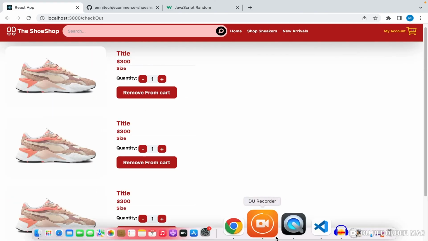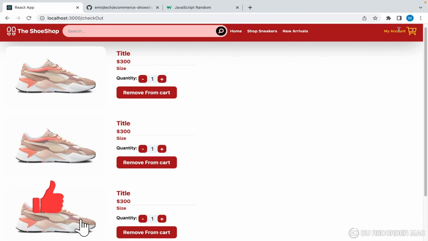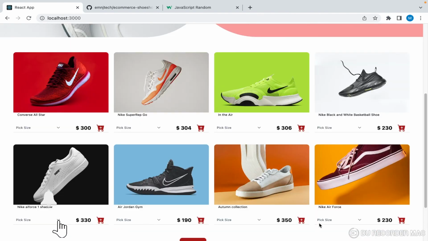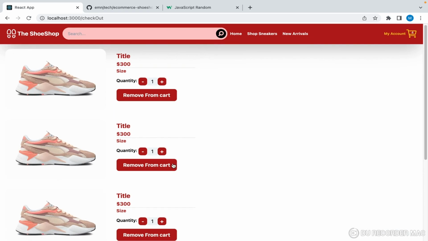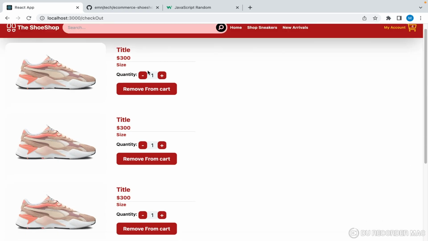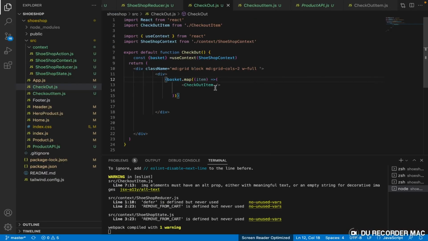That is normal. So now we have 3 components, and then we have 3 of these rendered. If we make this 4, we have 4 in the basket, so we have 4 of it rendered right here. So what this simply means is that if we now assign props to this, we are going to have